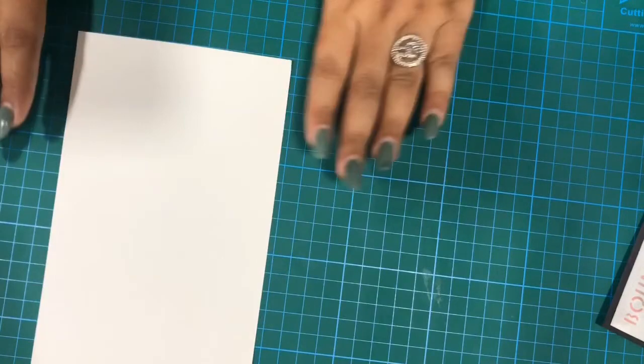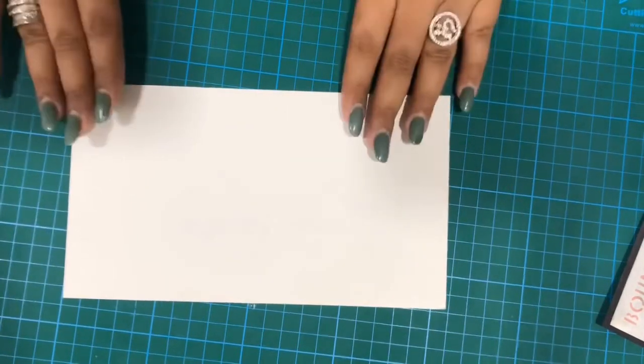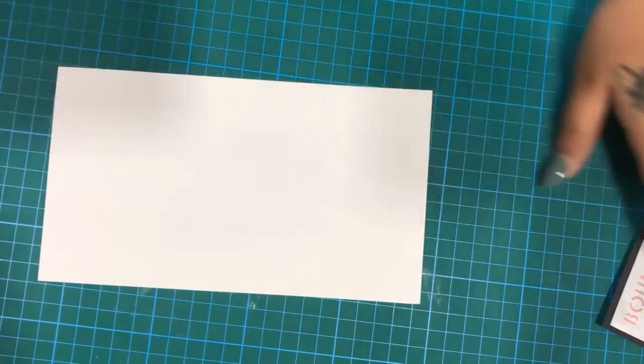This is my working desk. First I'll take a page which is about 5 inch by 8 inch. You can see this is 5 inch by 8 inch. I have taken my card, and now on this I will use my distress ink because that is the best